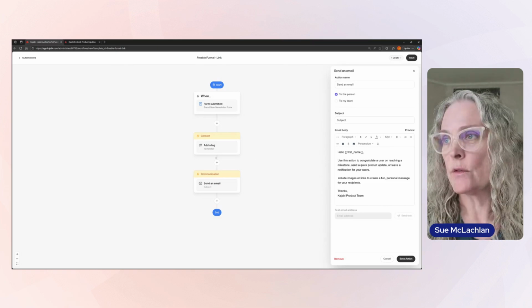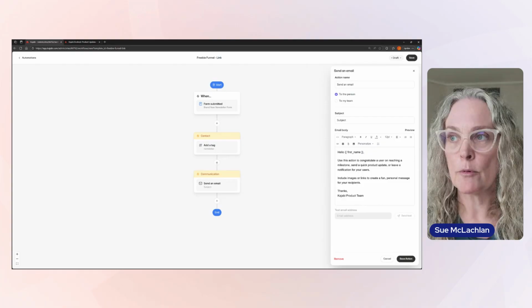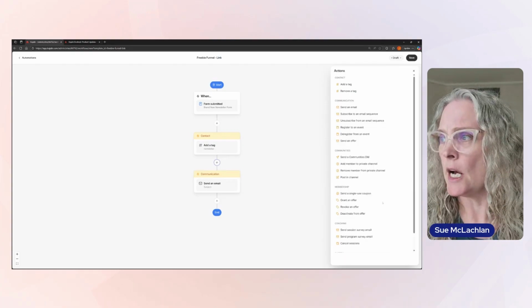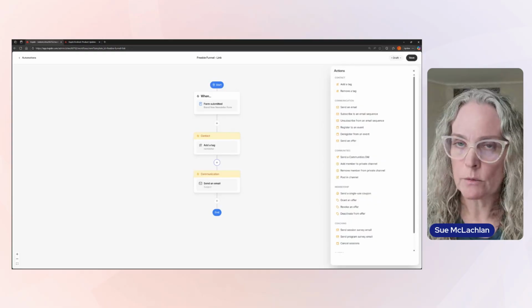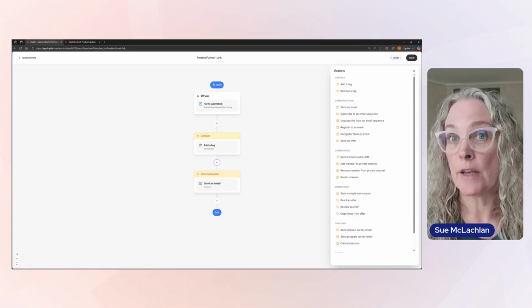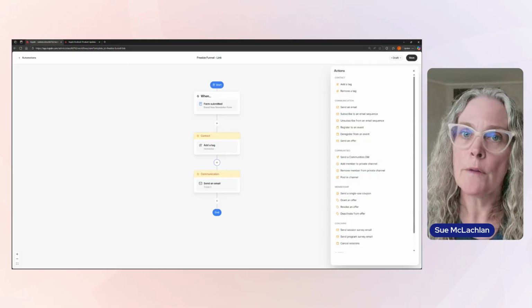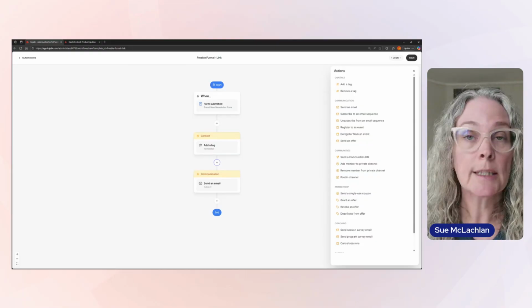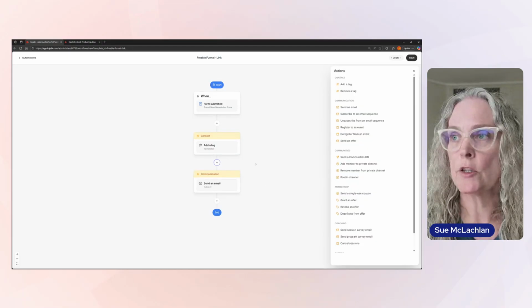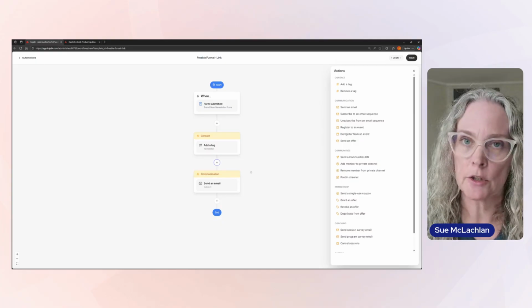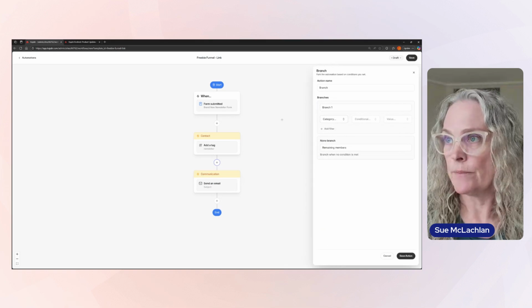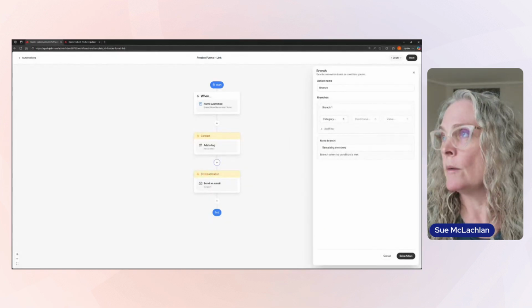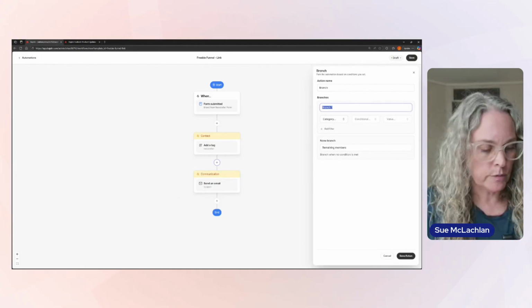But something you can do that is very cool is we're actually going to add a branch in here. So the branches are available if you have the growth and the pro plan. The branching and the filtering, which is what I'm going to show you, is something that's considered an advanced automation. So if you're on the basic or Kickstarter plan, you'll still be able to access this automations builder. You just won't be able to add the branching logic or the filters and conditions. So we're going to add a branch in here. And so this action name here, we're just going to leave this saying branch. We're going to say